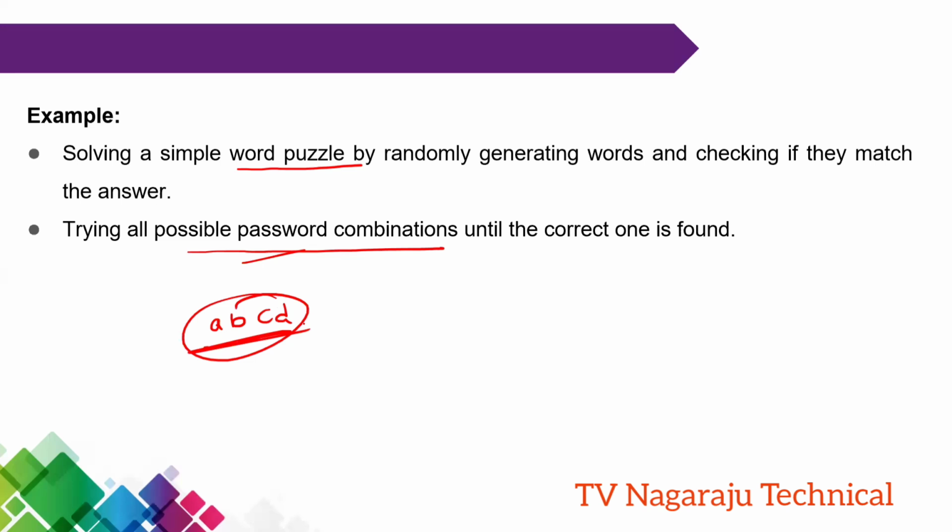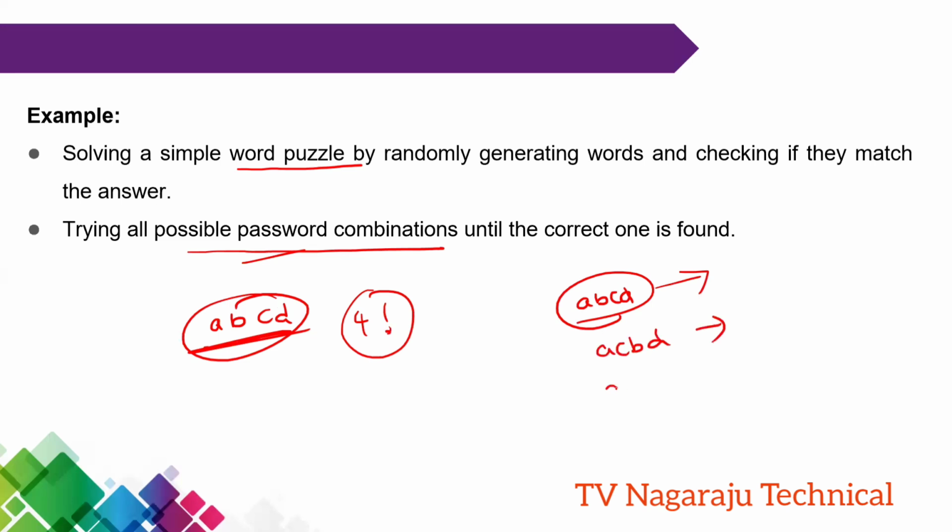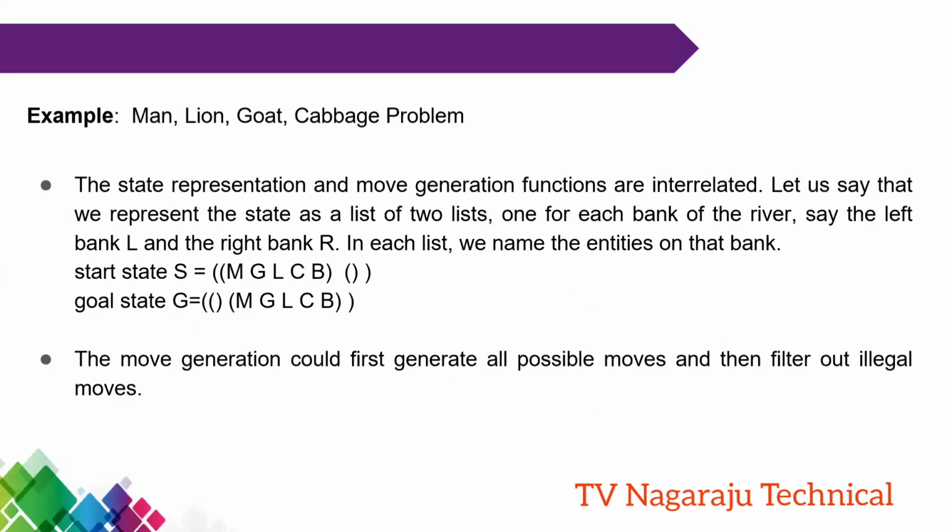By using these letters, I am generating approximately, assume, 4 factorial combinations. That means my first password is some A, B, C, D. This is one solution. Check whether this is the correct password or not. Suppose ACBD, suppose ABDC. Like this, different passwords are generated. Clear the point? Now, for this generate and test, we will move in detail by considering one popular example,